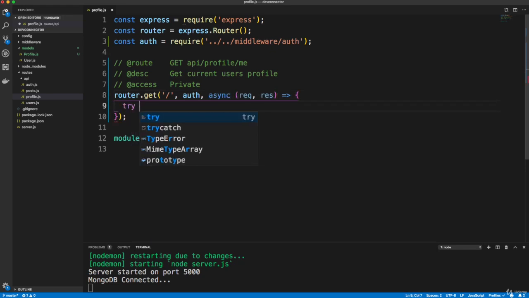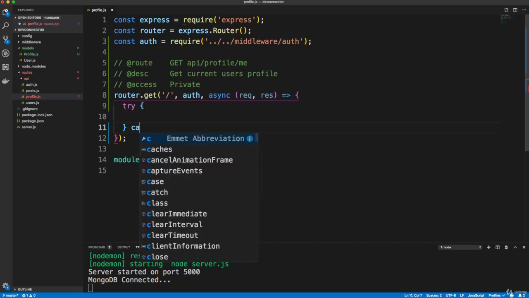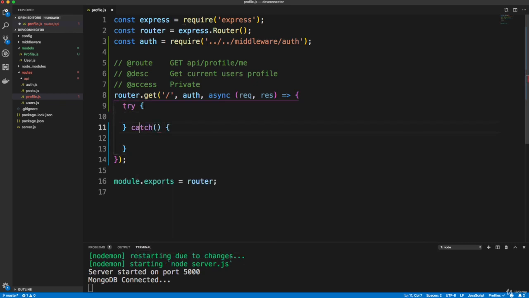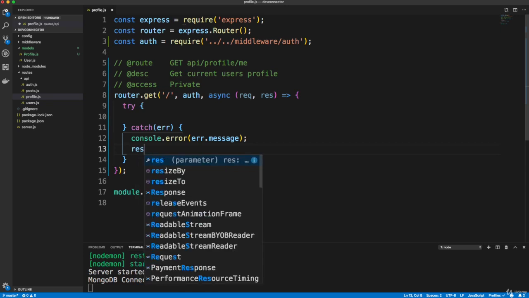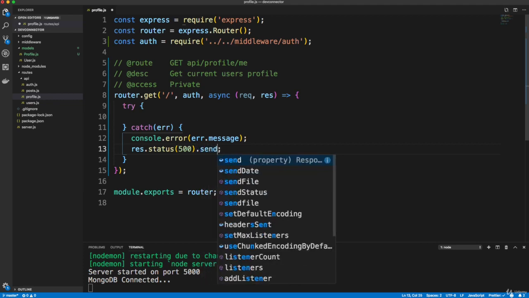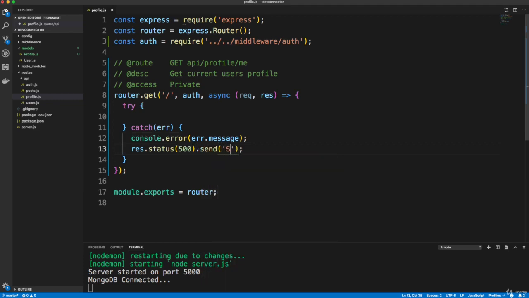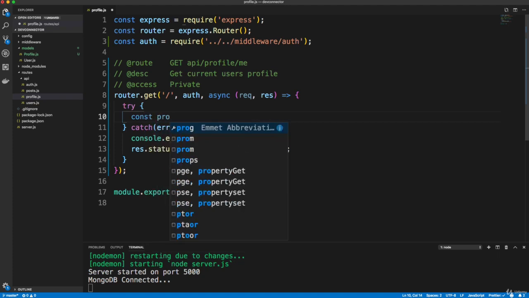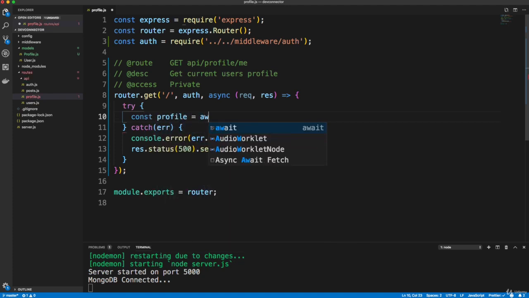Okay, and then we're going to do a try catch. This is going to be kind of a recurring theme here. So try catch, and in the error, we're going to do a console.error of err.message, and then let's just do res.status of 500, and just say .send, and then server error. All right, and then inside the try, we're going to create a variable called profile and set that to await,